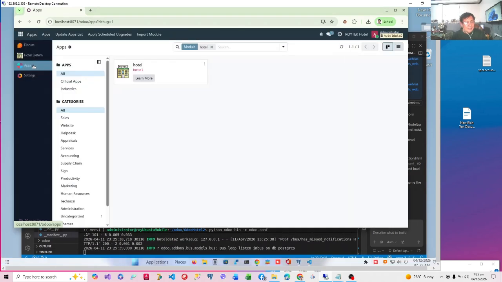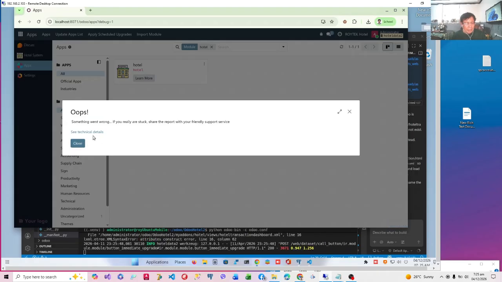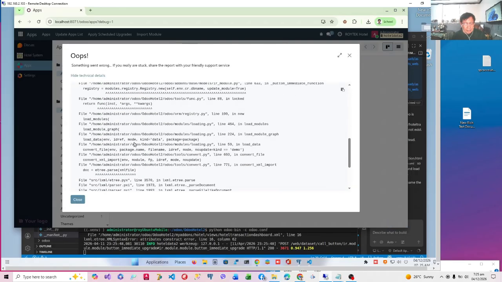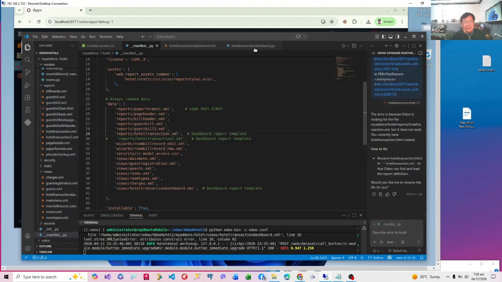Okay, let's upgrade again. Okay, I hope we can find line 16. Hotel transaction line 16, at line 16 column 82. Hotel transaction dashboard. Okay, what's the error? It's a parsing error.